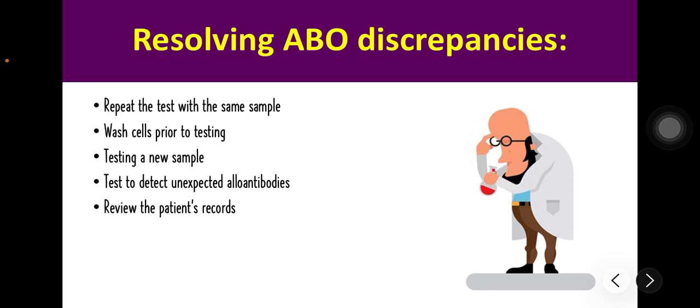Next is to wash cells prior to testing, in order to remove interfering substances from the red cell surface or the plasma environment. Washing the patient's red cells removes excess proteins seen in conditions like multiple myeloma that cause the cells to stick together physically, which mimics true agglutination. For Wharton's jelly in cord blood samples, washing the cells 6 to 8 times removes the viscous contaminant